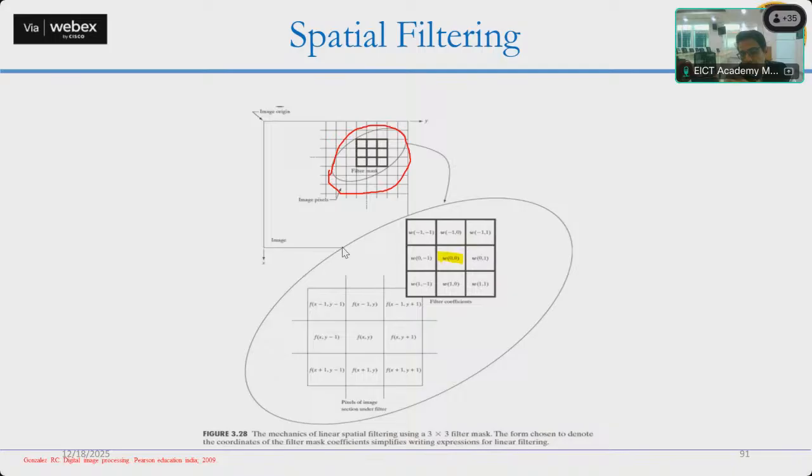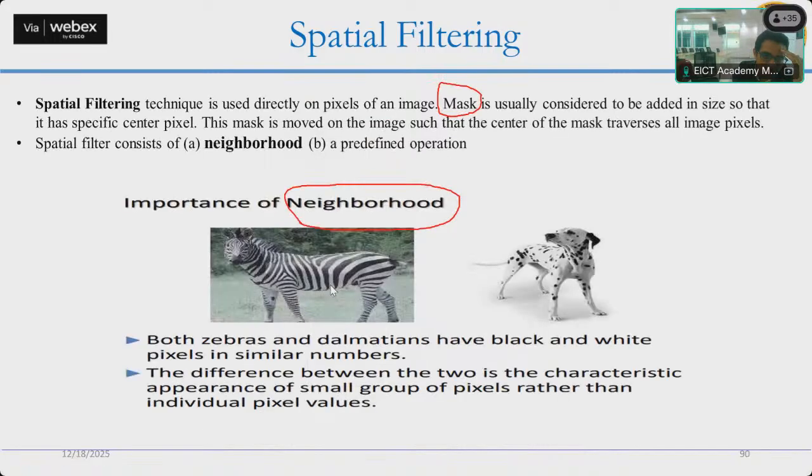But overall, what did we observe? That the histogram has some basic limitation. We discussed it yesterday: the neighborhood. Everything is fine, but for these two figures, if you draw the histogram, it will be the same. And when it is the same, the same pattern will be there. Then the problem is that neighborhood. This figure is different, this figure is different, but the neighborhood is not taken care of by the histogram.